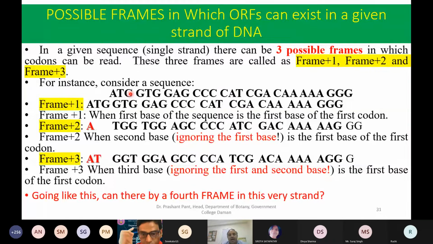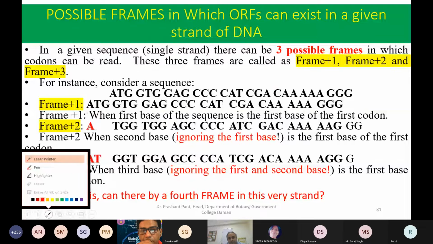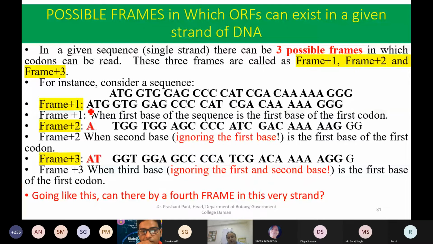That means I am considering that this particular sequence starting from A is also the first base of the first codon. So this is the first codon, then this is the second codon, then this is the third codon. I hope you can see the pen running on the screen. Then the third codon, fourth codon, fifth codon, and so on.